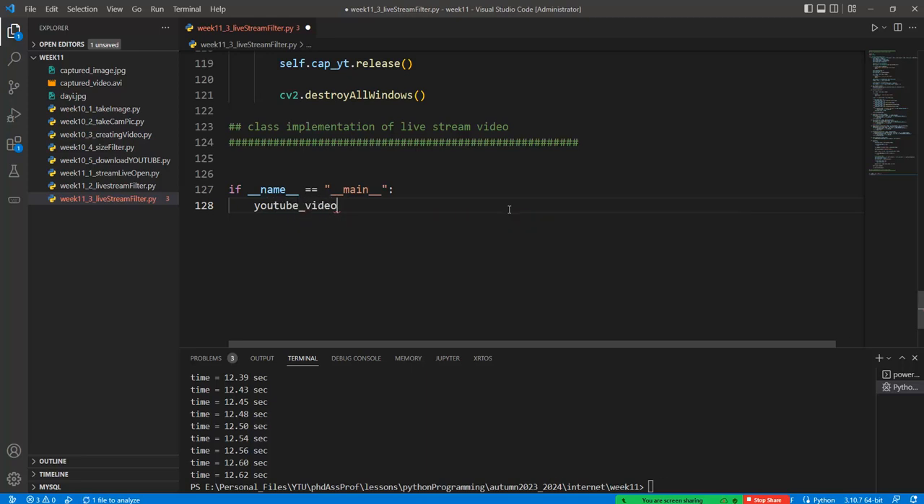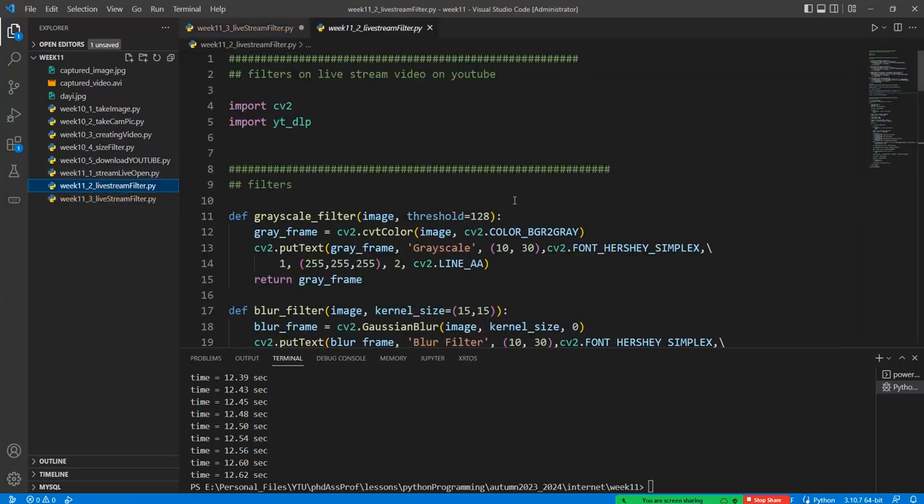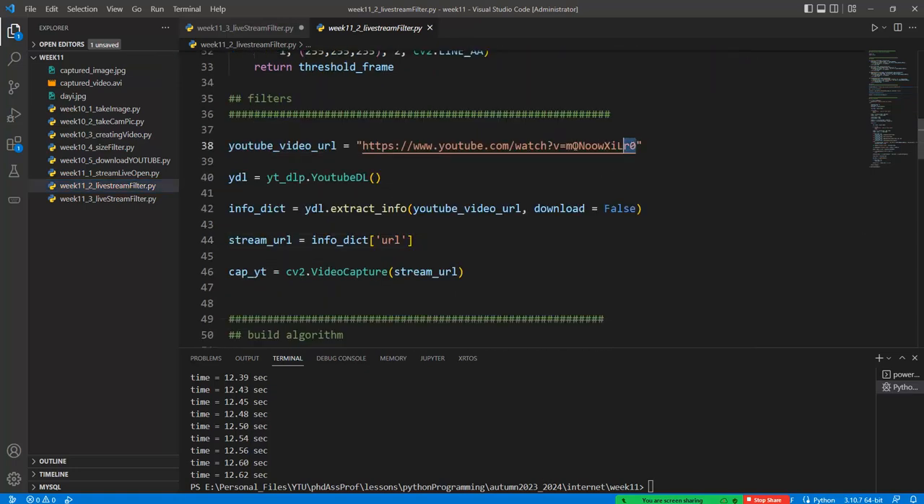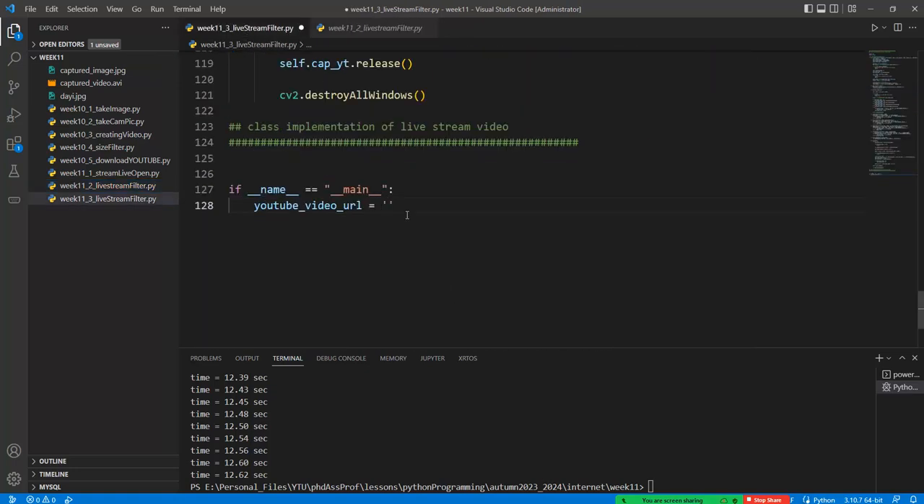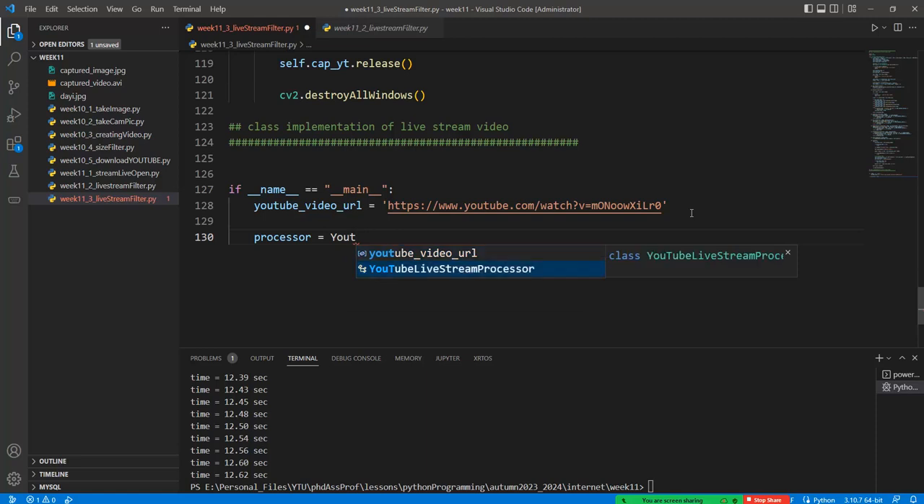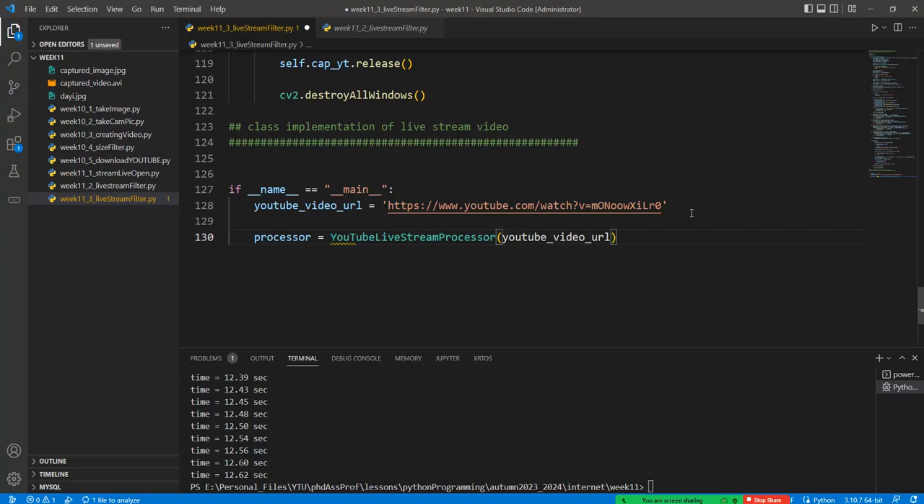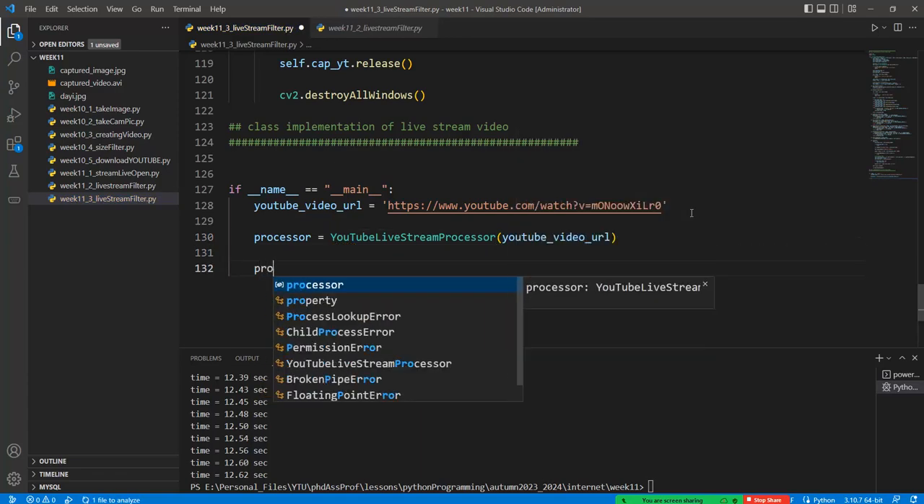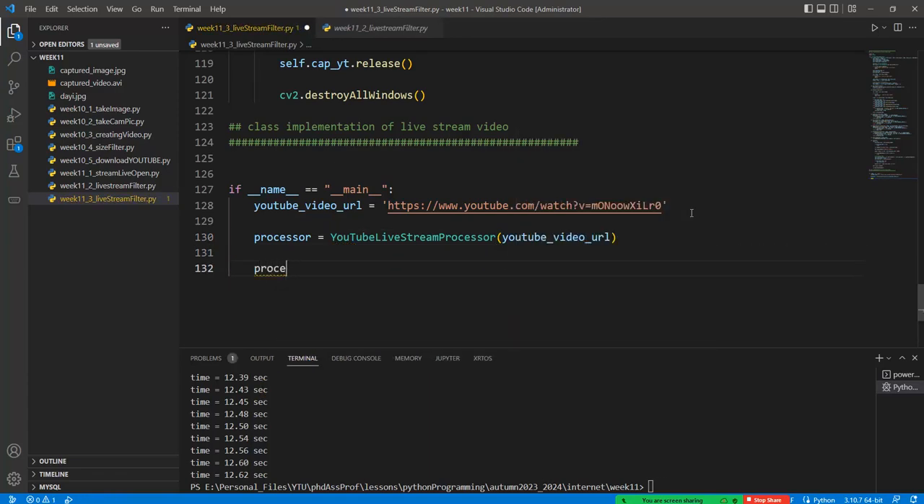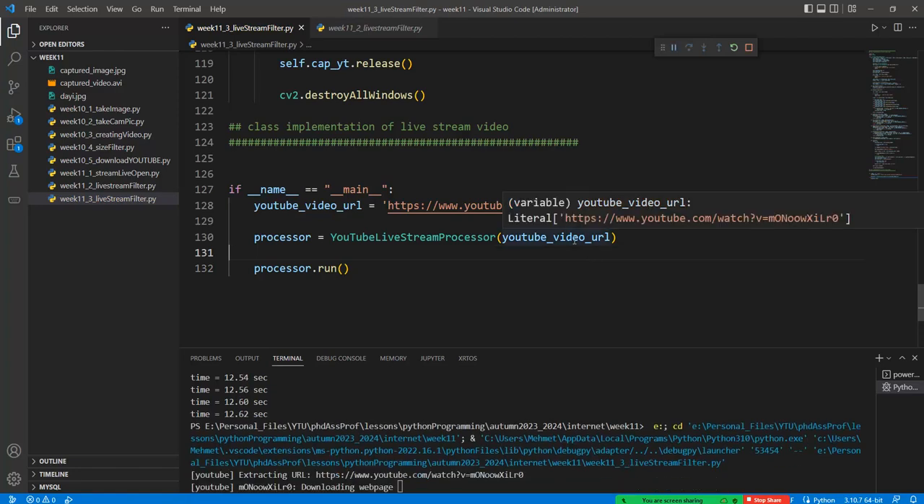Firstly we should give the YouTube video URL equal to this livestream video in here, like this one. We should define the processor instance with the YouTube livestream video and YouTube video URL. After that we should call the processor's run function. Okay, and so if I run this code